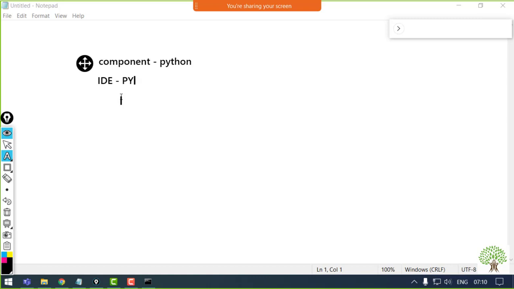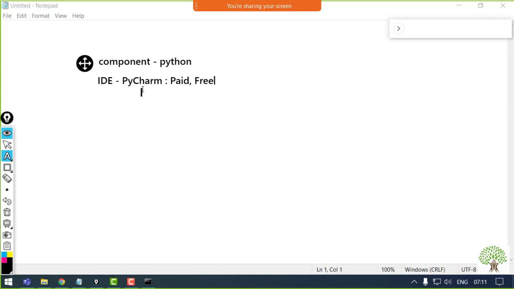First one is PyCharm, which is the IDE that people use to work with Python. Now this PyCharm comes in 2 different variants.